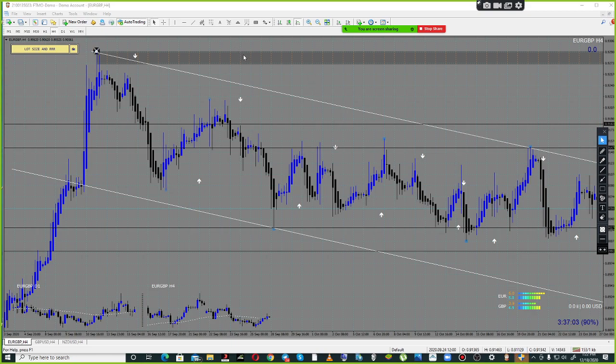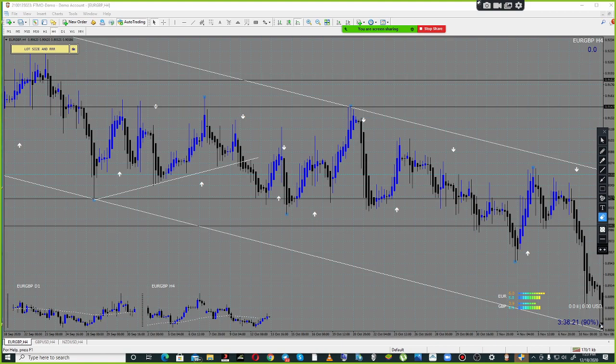Ignore the impulse move. Ignore this move here. Look for this here; when there's a breakout of this, that is your entry. Now here we have our impulse move, and on the correction of that impulse move, if you look for a breakout, the market breaks this, you put the stop loss there, and then you take profit.